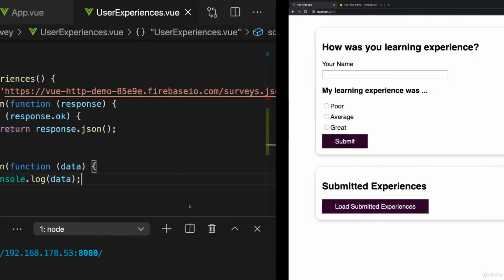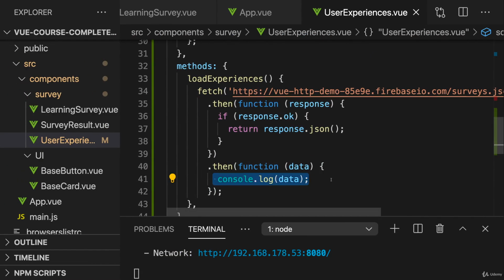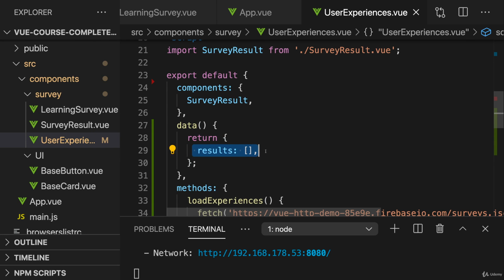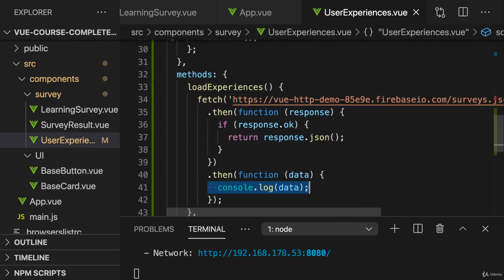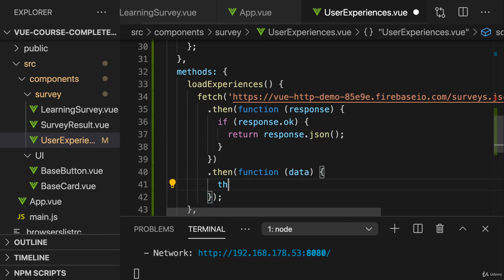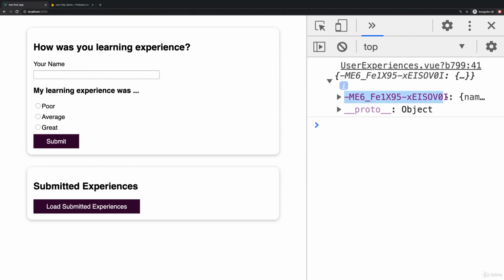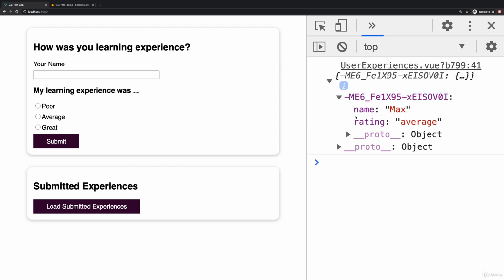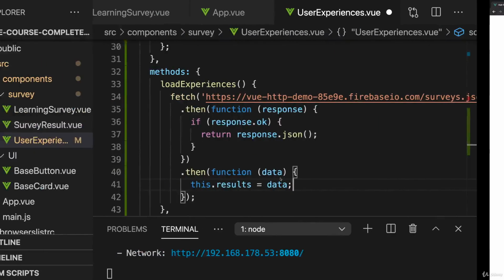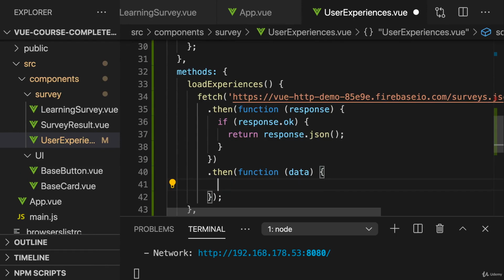Now, of course, we don't just want to fetch it and log it to the console, but we want to output it on the screen. Now, to do that, all we've got to do here is add it to the results we have here, or set results to a new array which is full of that data. Now, setting this results equal to data will not do the trick, because data is not an array. It's a JavaScript object with this ID as a property name, and then in there we have another nested object with name and rating. I actually want to work with an array instead, and therefore we need to transform the